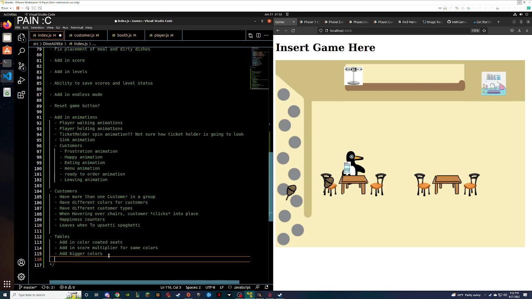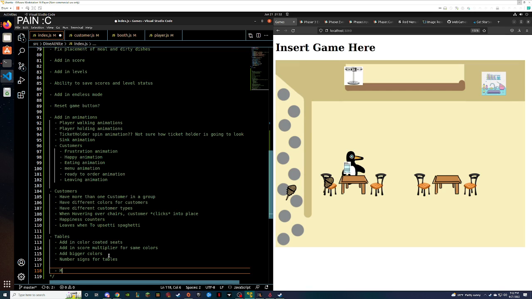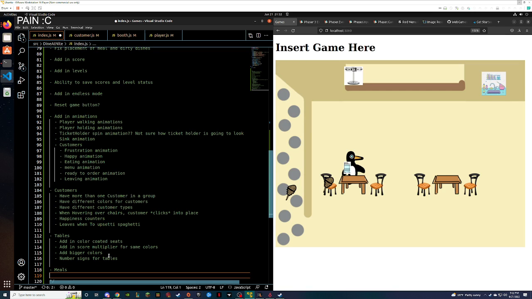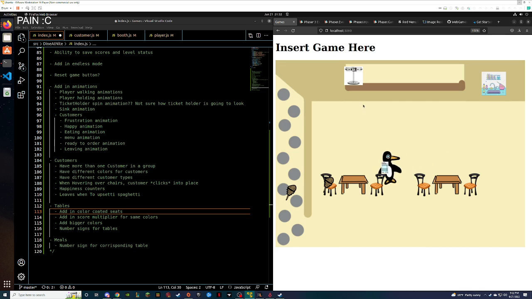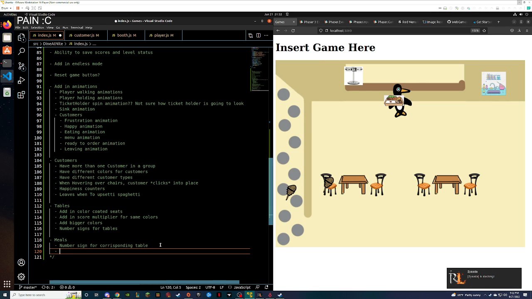Ooh, you know what? We need number signs for tables. For meals, we need a number sign for the corresponding table. Because it doesn't matter where I take this, but it does matter where I take the meal to. Different meal types.